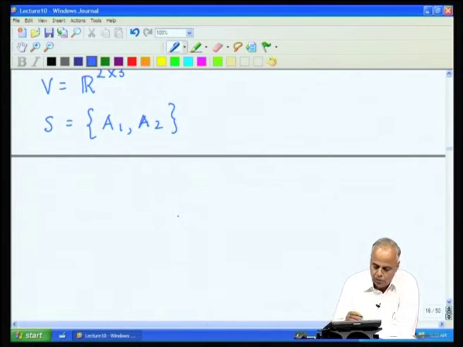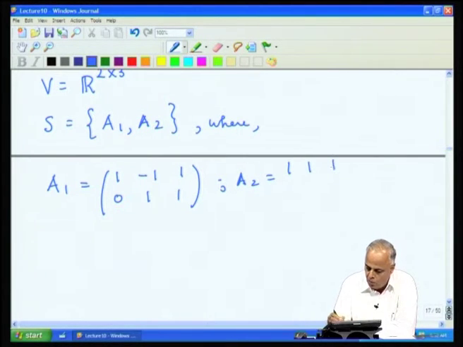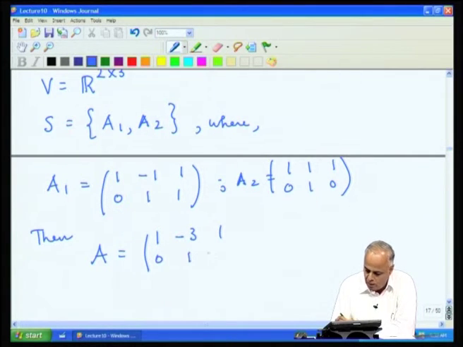Let us look at two vectors in this, where A1 is the matrix 1 minus 1 1 0 1 1, and A2 is the matrix 1 1 1 0 1 0. Then the matrix A, which is a vector in V, which is 1 minus 3 1 0 1 2,